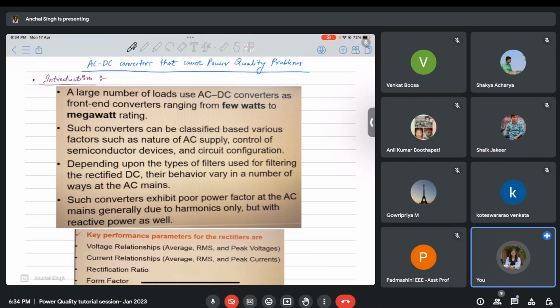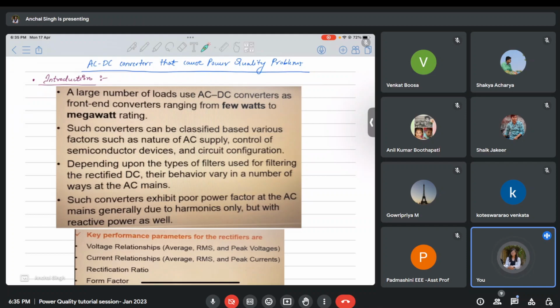Now, we'll start with discussing which are the AC to DC converters that cause power quality problems. First, we'll study which converters are causing these problems, and then we will start discussing the solutions to those problems. Since a lot of content was covered in this past week, and we have a lot to cover, I'll quickly browse and give you an overview of what these lectures were trying to communicate. I cannot go into the depth of all the lectures because we have very little time to do that. But in case you have any specific doubt, please feel free to stop me and ask. Okay, so let's get started.